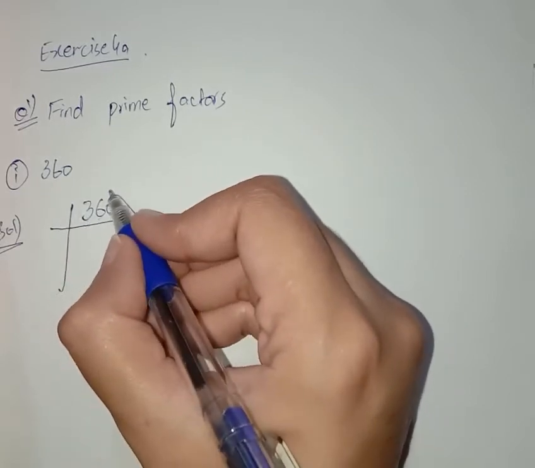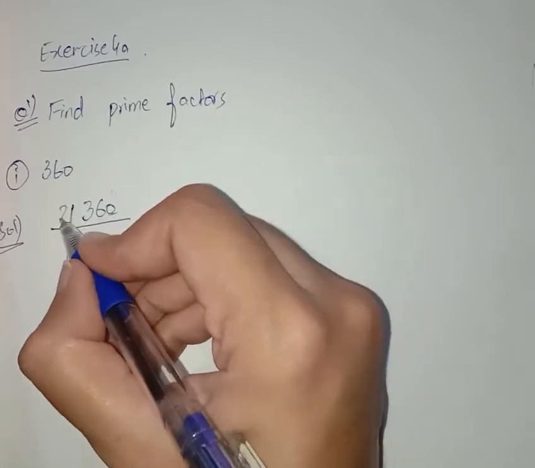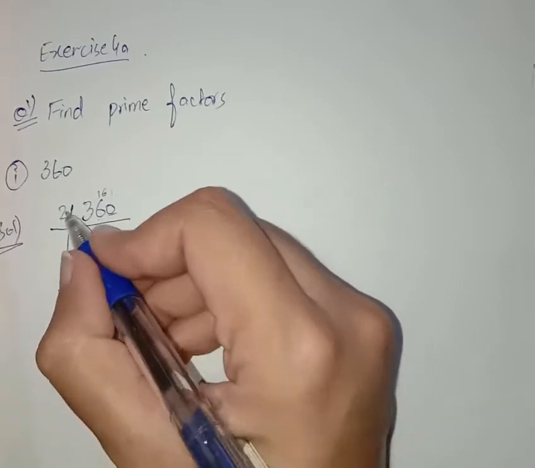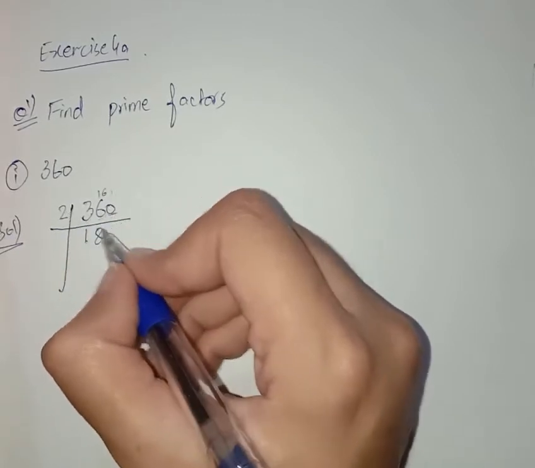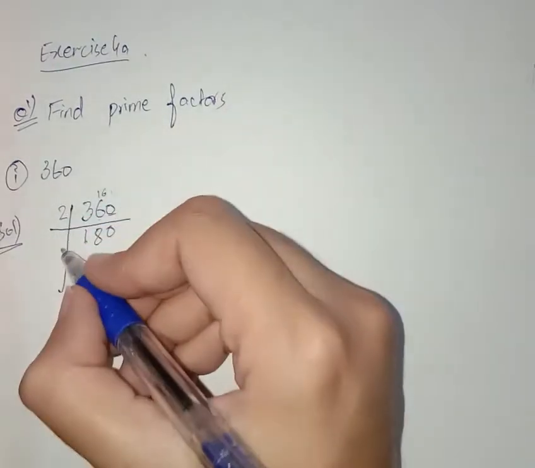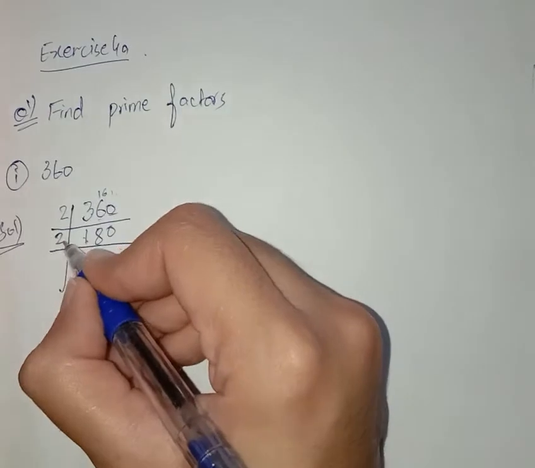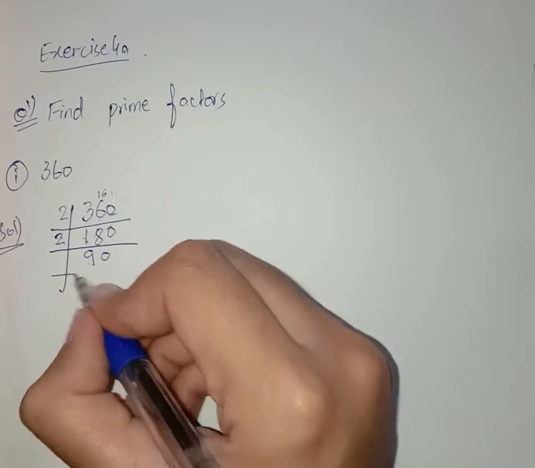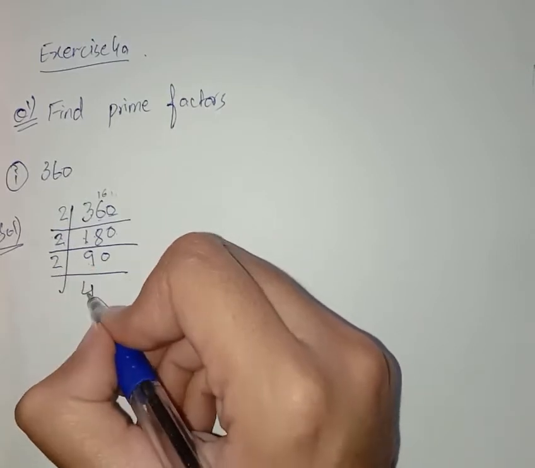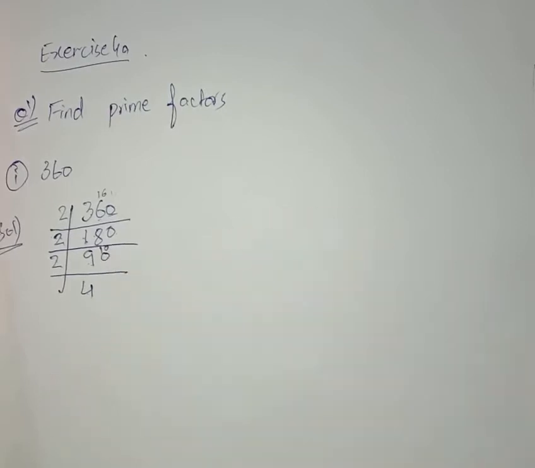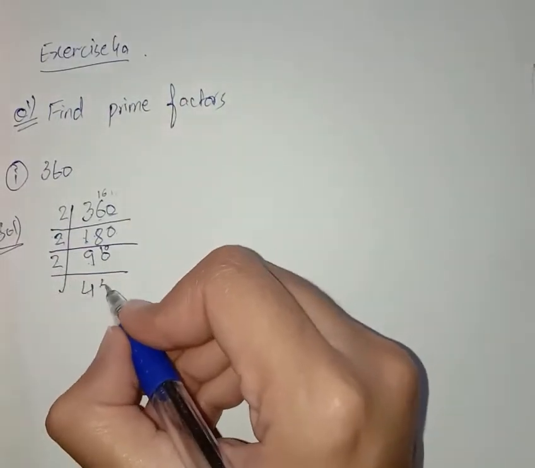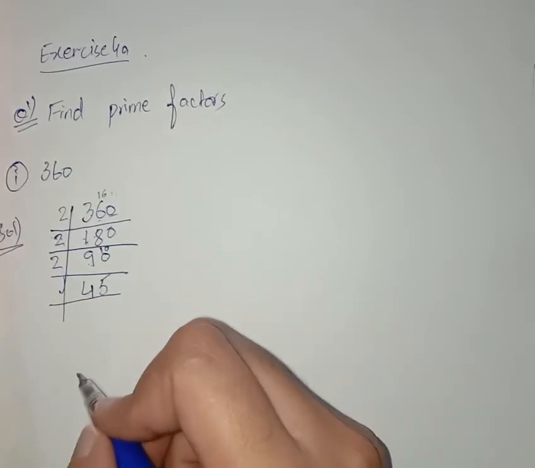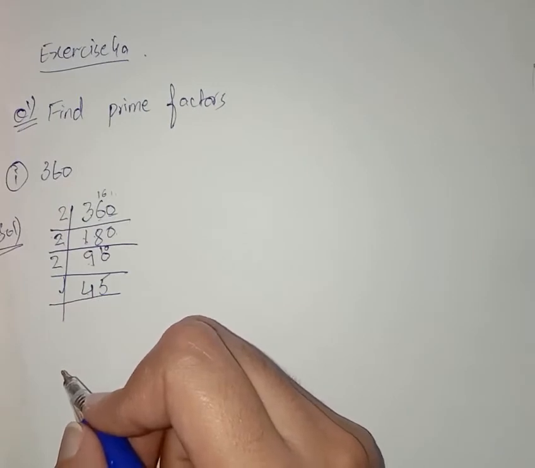If we add a 10, it also comes in a table of 2. 2 ones are 2, 1 goes on carry, it changes into 16, 2 8s are 16 and 0 remains, 2 zeros are 0. Now 18 also comes in a table of 2, 2 9s are 18, 2 zeros are 0. Now next 2 4s are 8, 1 is on carry, it changes into 10 and 2 5s are 10. Now 45. If we see 45, the value which comes to our mind is that 45 comes in a table of 5.